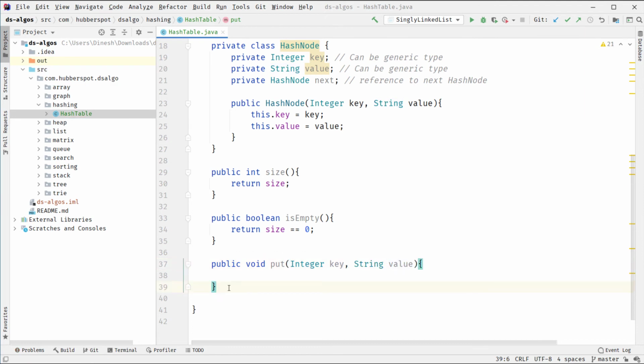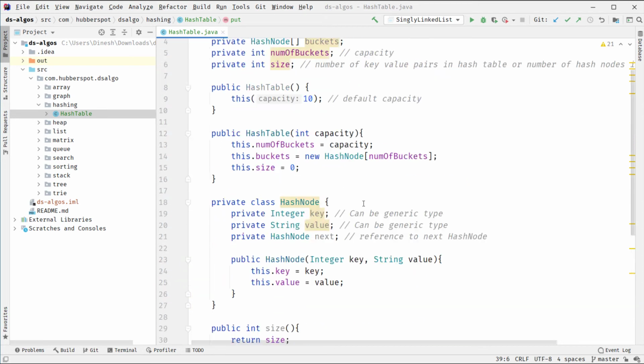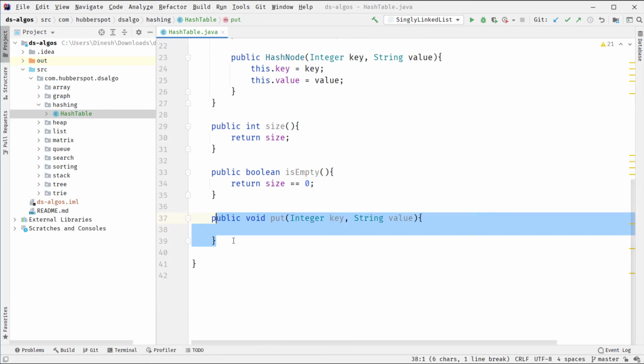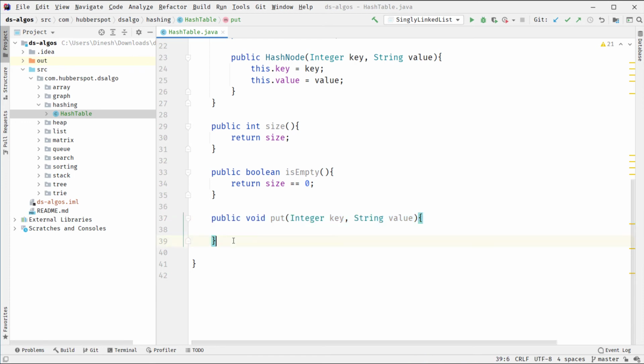So this method basically takes in a key value pair and it simply puts that key value pair in our hash table. So we will discuss this method in greater detail in our upcoming videos. So this is one of the primary operations.